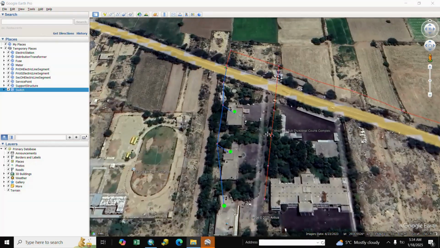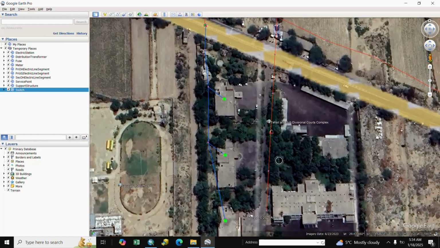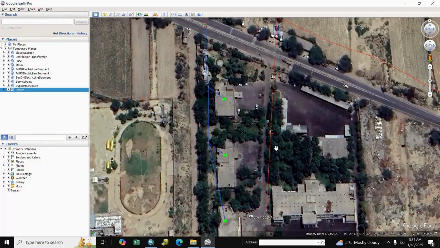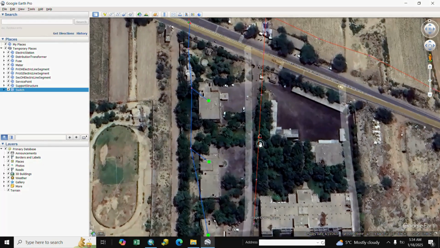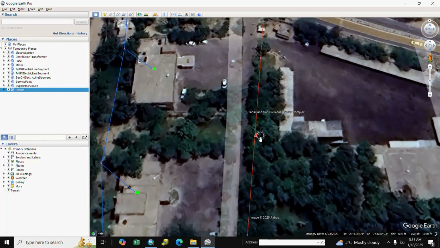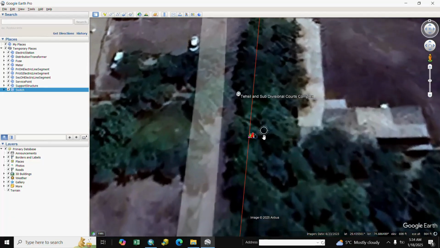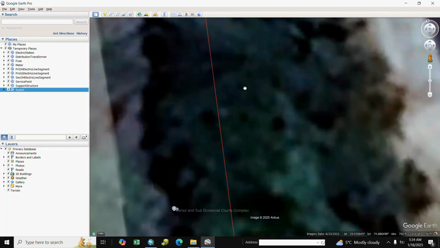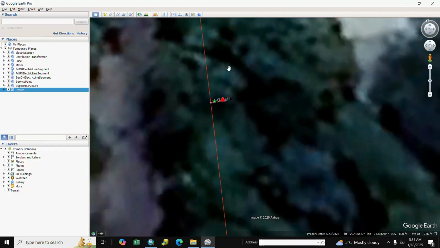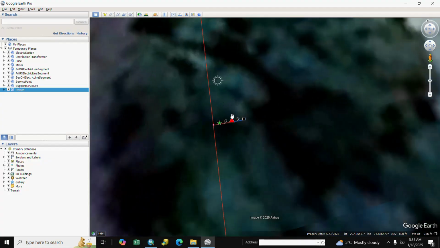You see all your electric data converted to a KMZ Google Earth file. You can also see all the structures.